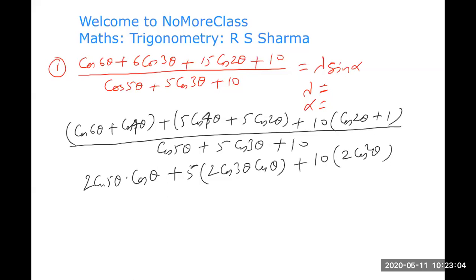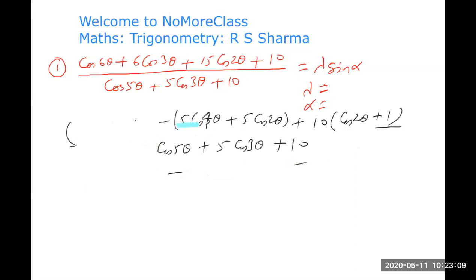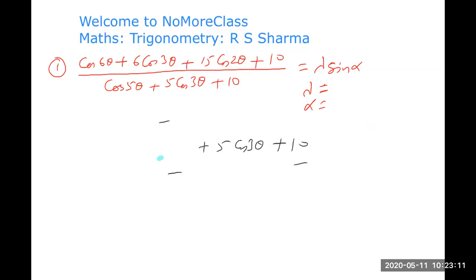Okay, there is a mistake in this question. The exact question is, instead of 3 theta, it must be 4 theta. So I'm making a correction in the question. This is 4 theta. Now solve, now you will get it. This will be the question. Now you can solve it. So this was a small mistake in the question.